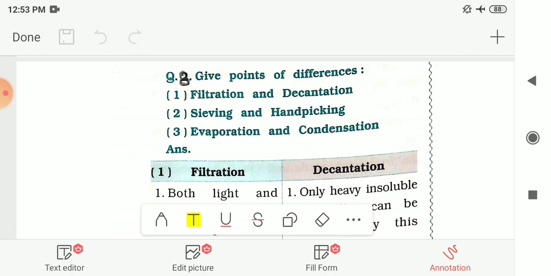For that you have to pour half a cup of water in a beaker, and then add 1 teaspoon of salt and stir it well until the salt dissolves completely in that water. Then you have to repeat the same process until you see that some salt remains undissolved and settles at the bottom of the beaker. Thus the solution prepared is known as the saturated solution.